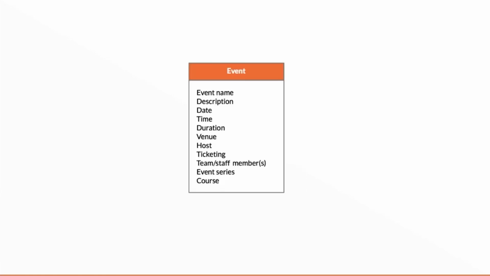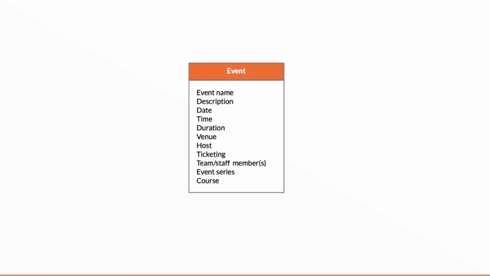So if we apply that to event, there we go. Event might have an event name, a description, a date, a time, a duration, etc. You're listing the qualities of an event that you want to capture. We're still thinking about pre-system, so we don't need to start designing the interface yet. We don't need to think about images at this point, although I did think we'd include description as an important part of understanding what an event is beyond just its name.